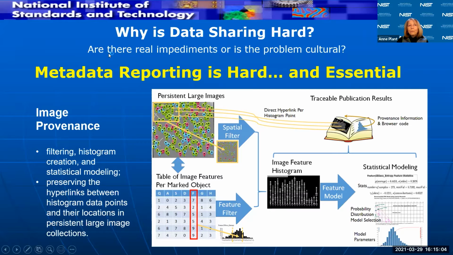And so, one might ask if this is a cultural problem. Are people not really that interested in sharing their data? Or maybe it seems like it's too hard. Are there real impediments to sharing data that could be reduced through data science and maybe better interaction between experimentalists and data science?